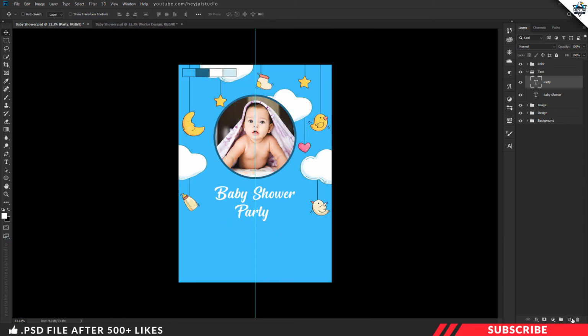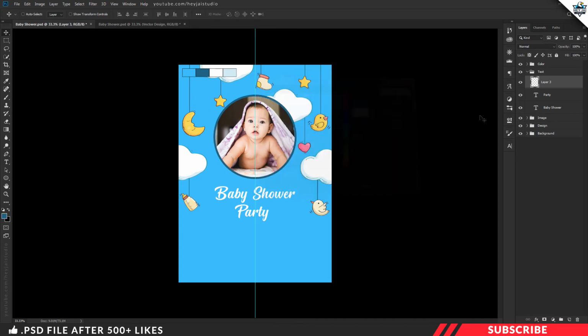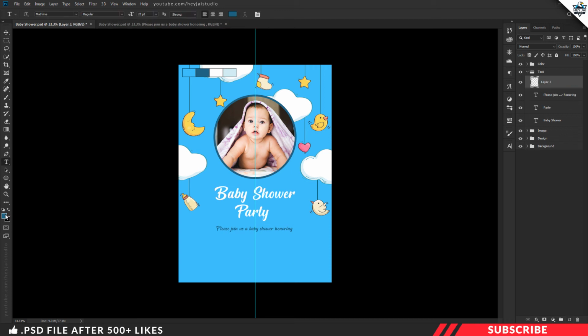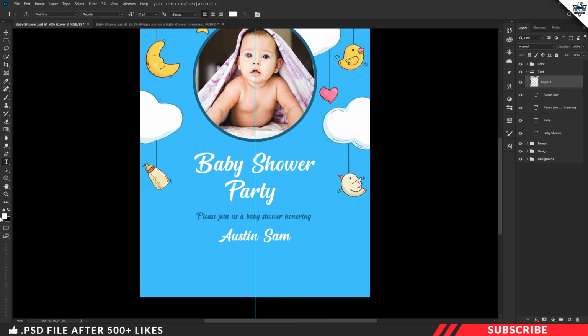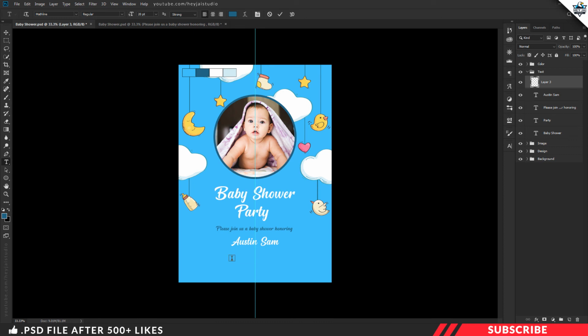Fine. Next I'll enable the color palette, create a layer, go to color picker, sample and select this dark brown color. Now add your other text content. I'm using the very same font. I'll reduce the font size a little bit. Fine. Next I'm going to add the name, create a layer, go to color picker, select white color. Now add your text content. Fine. Next I'm going to add the remaining invitation text information. I'm sure you know how it works. I'll fast forward the process.